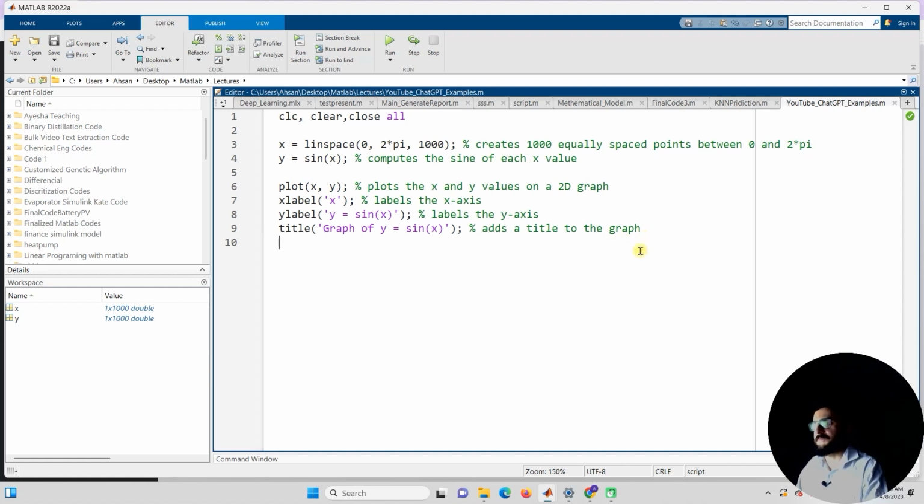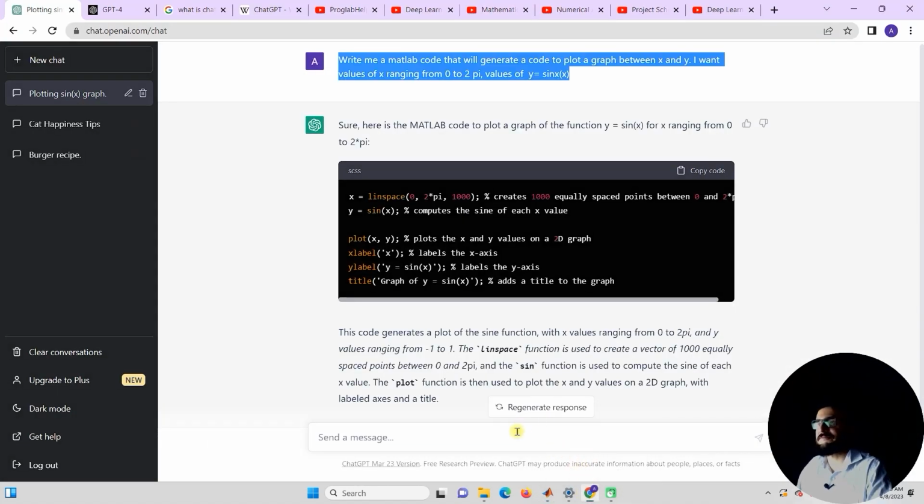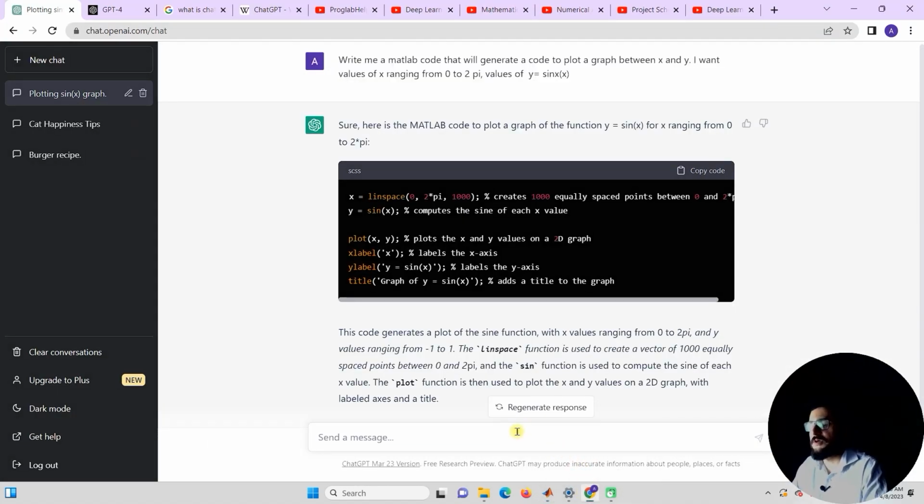That is quite amazing. Okay, I have more complex programming tasks for MATLAB. Let's see if it does it or not. This is the last one, then we will move forward to function generation. Let's ask ChatGPT, write me a MATLAB code